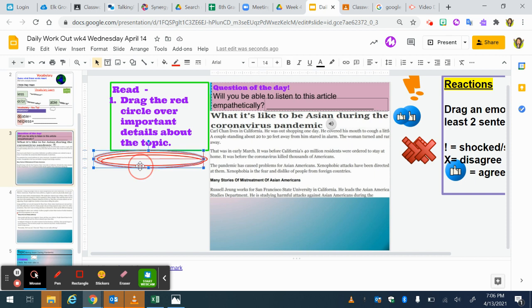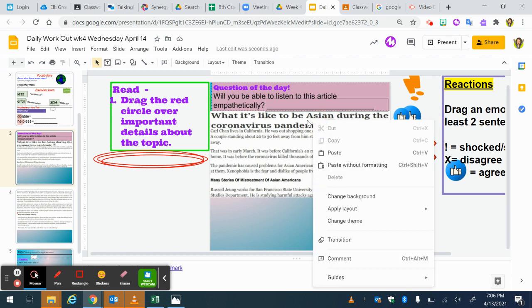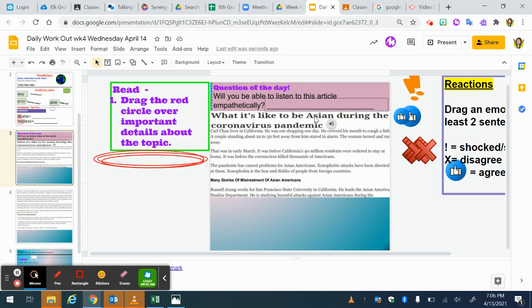And then you're going to drag the red circle over important details about the topic. How do we know what the topic is? Let's look at the title. What it's like to be Asian during the coronavirus pandemic. So the topic is Asian experience, right? What it's like to be. So being Asian during COVID. So if you read a sentence that tells you more details about what it's like to be Asian, you're going to drag